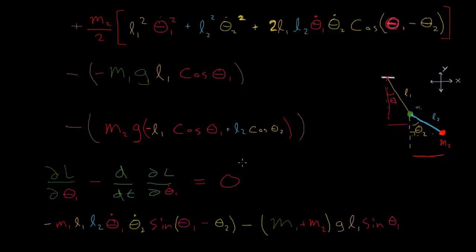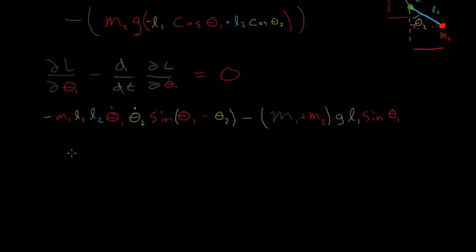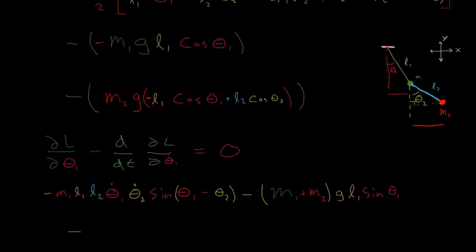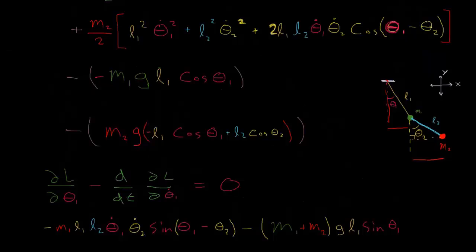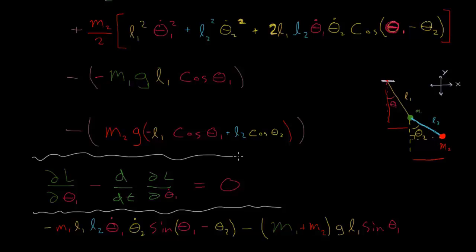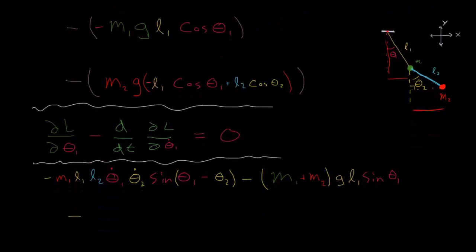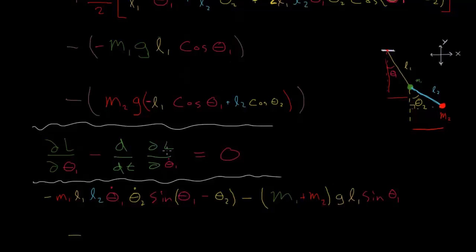So this is L1, so this minus this term here, and then that should all equal 0. Maybe I should draw a line here. We're just plugging it into the Euler-Lagrange formula. Right, and so dL/d theta 1 dot. I'll write the d/dt out, and we'll do that second. d/dt, and now